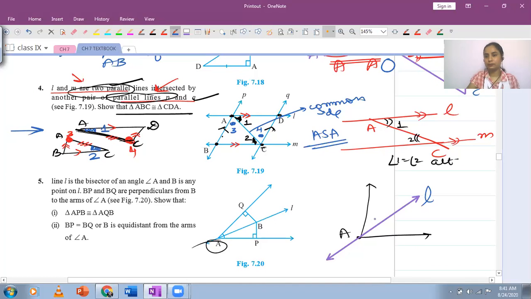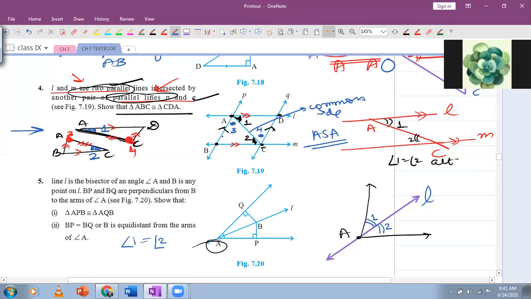And the name of this line is L. That means these two parts are equal. So let's mark these as number 1 and 2. So you will have angle 1 equal to angle 2. Is that correct? Yes, ma'am. After that, let's look at what's given in the question. Line L is the bisector of angle A. We have marked that. That means angle A gets divided into two parts and those two parts will be equal. I have marked those parts as 1 and 2. So the parts of angle A shown by 1 and 2 are equal.